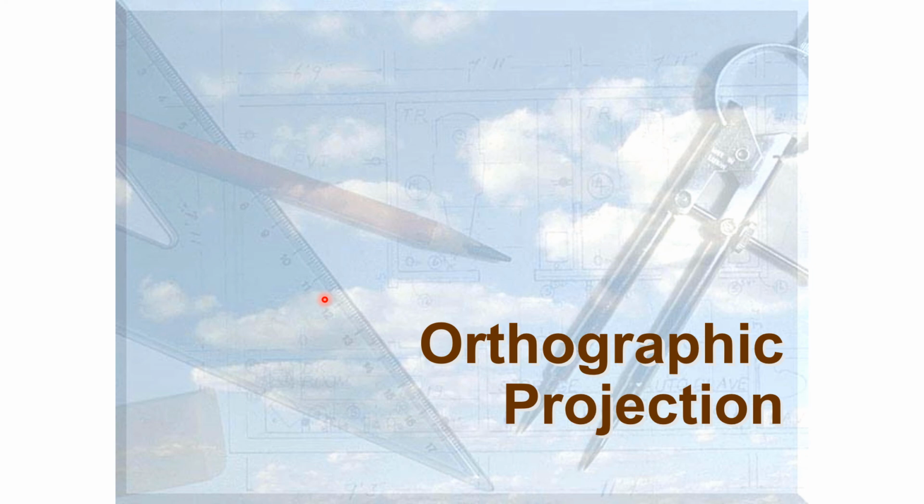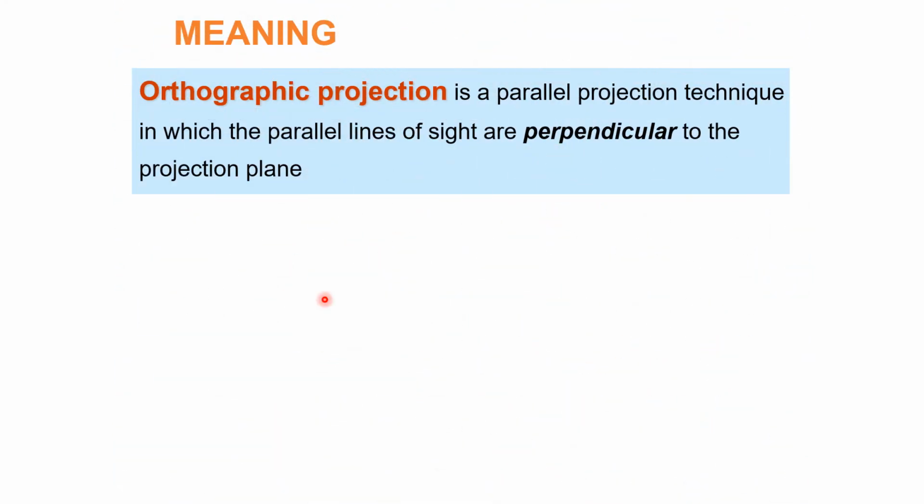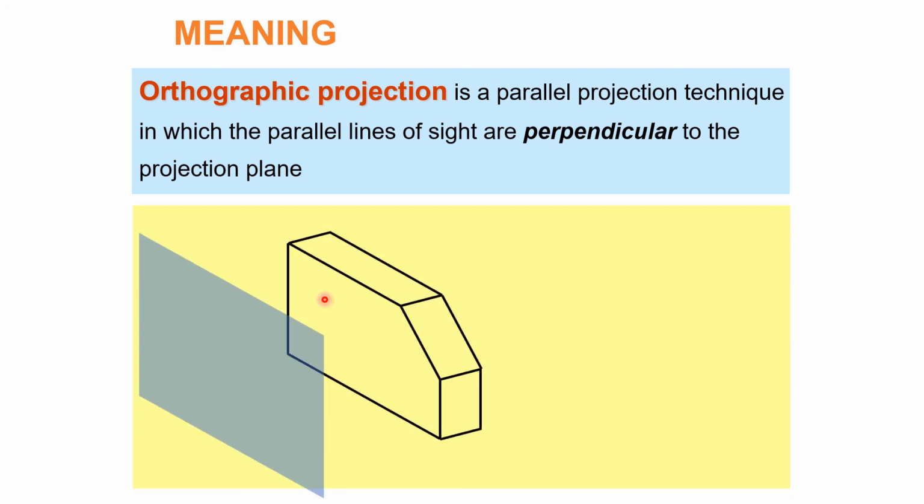Now the orthographic projections. Orthographic projection is a parallel projection technique in which the parallel lines of sight are perpendicular to the plane of projection. Again the same example. These orthographic projections are a subcategory of parallel projection. So here